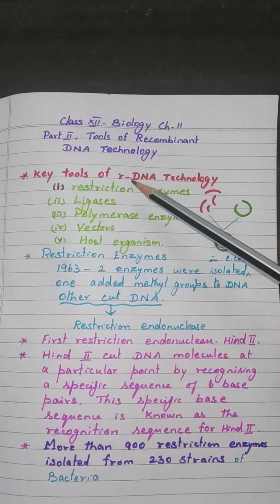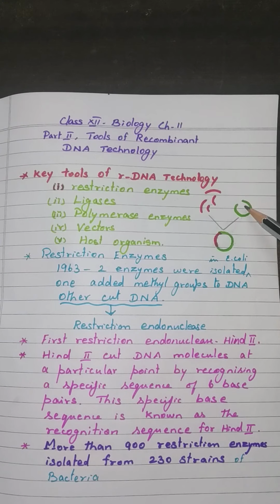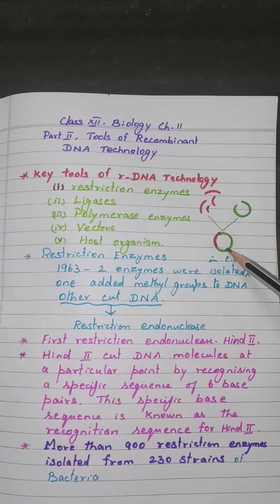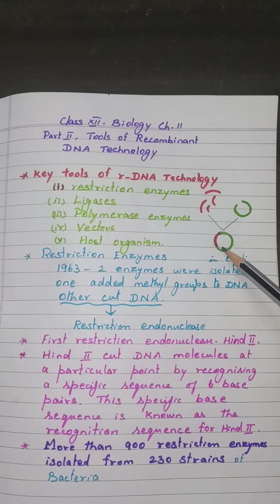That is very important. The same restriction enzyme is used to cut the vector, because with the help of the vector only we can transfer the desirable piece of DNA into the body of the host. Now we cut the DNA and the vector with the same restriction enzyme, and then we ligate, we join the desirable piece of DNA with the vector, and we get one DNA. That DNA has the desirable piece of alien DNA, and this is known as rDNA, recombinant DNA.